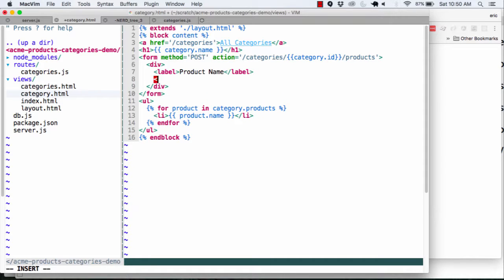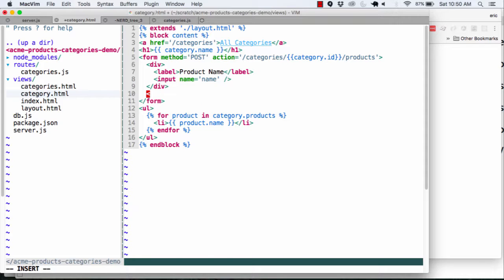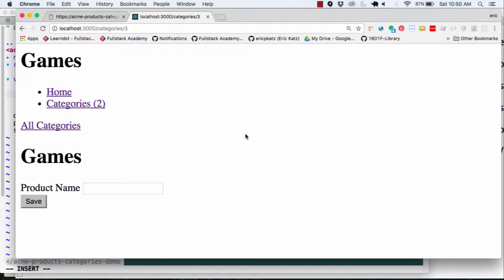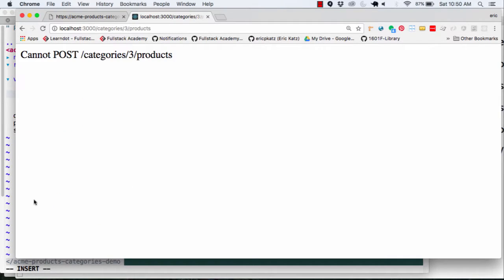And I'll put an input, and I'll give this a name of name because this is my product name. I'm also going to put a button where the type is going to be submit, and I'll call this save. Now, what this is going to do is that I could go over here, and if I call this